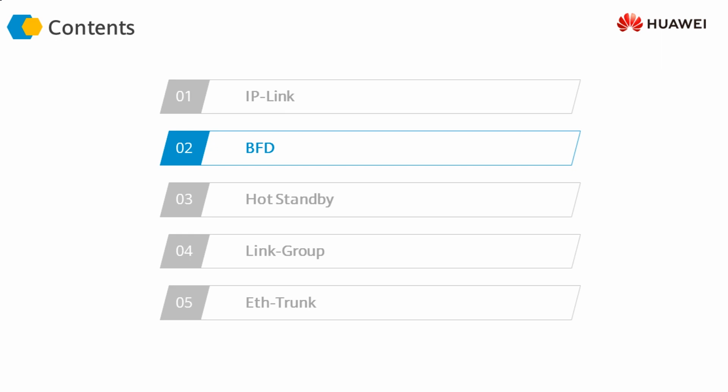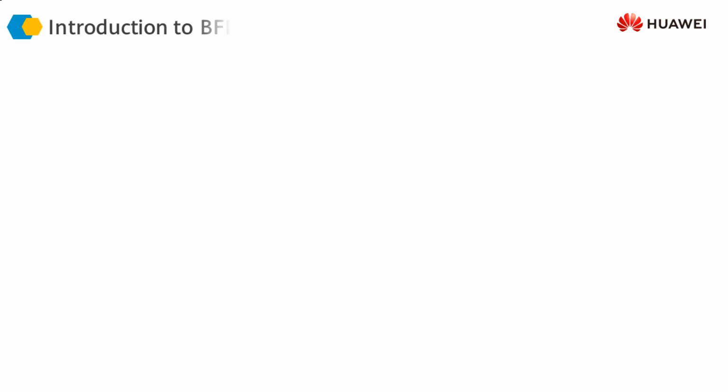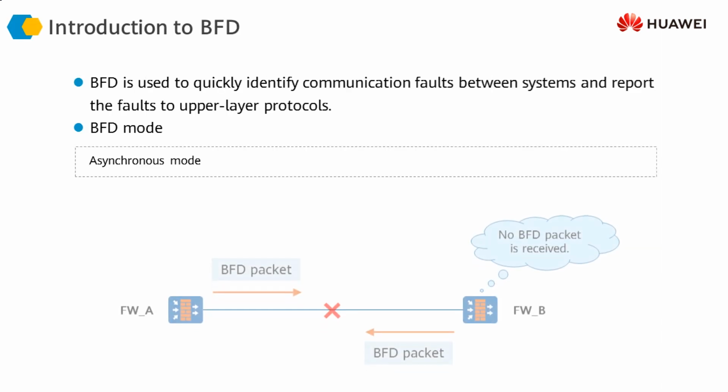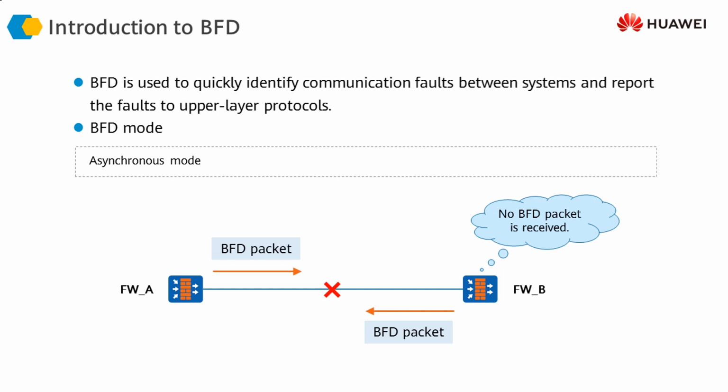However, if that link becomes unavailable or is down, then the firewall can forward traffic through an alternate link that we have configured on the firewall. So if you look at BFD, you can see that these two devices are exchanging BFD packets, or BFD control messages, with each other. Normally these devices can be either firewalls or routers, whichever supports bidirectional forwarding detection.